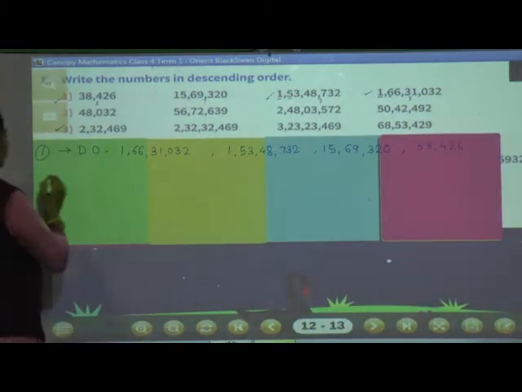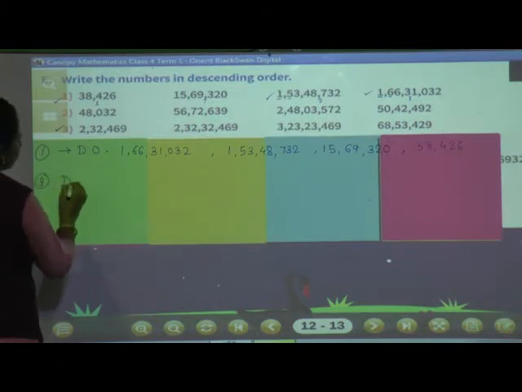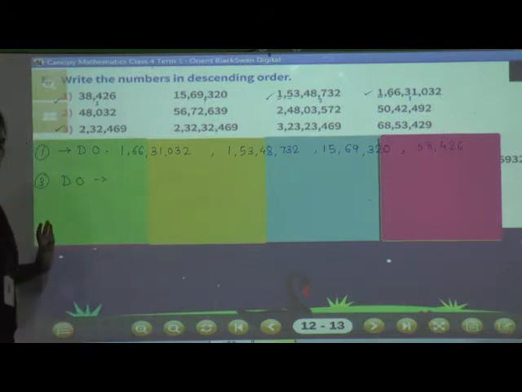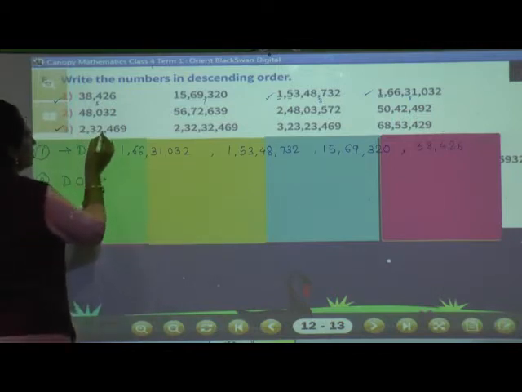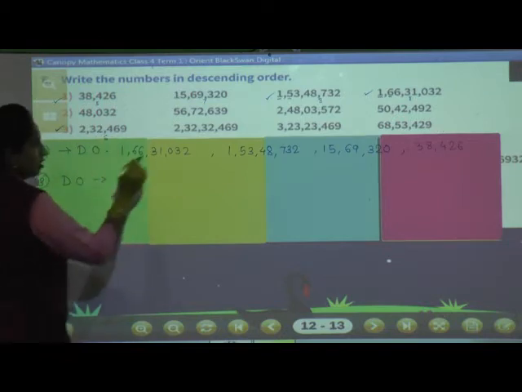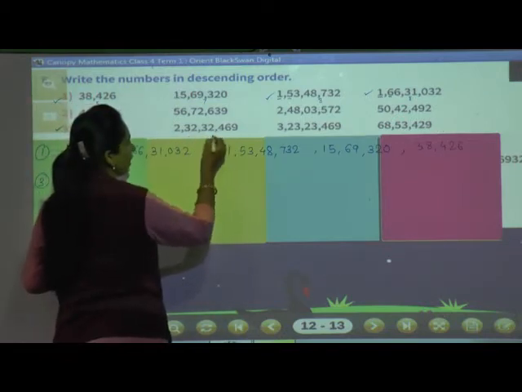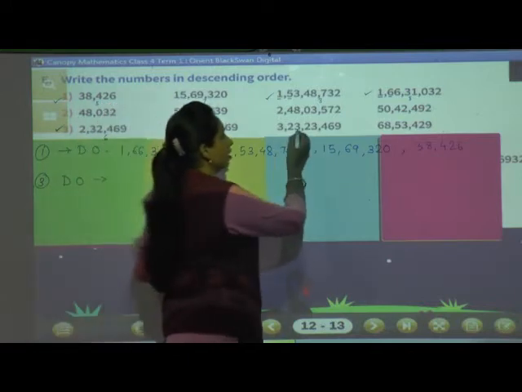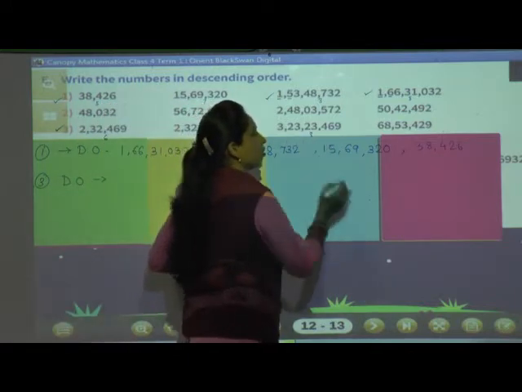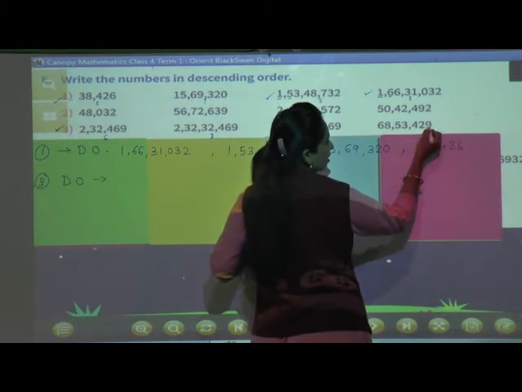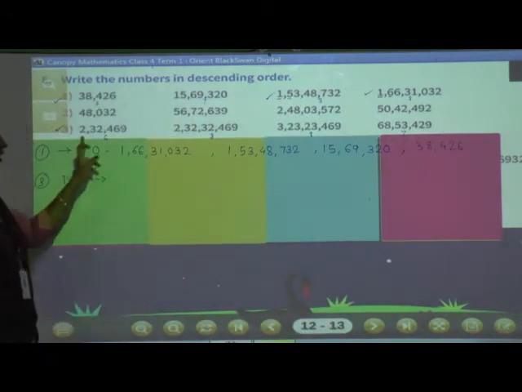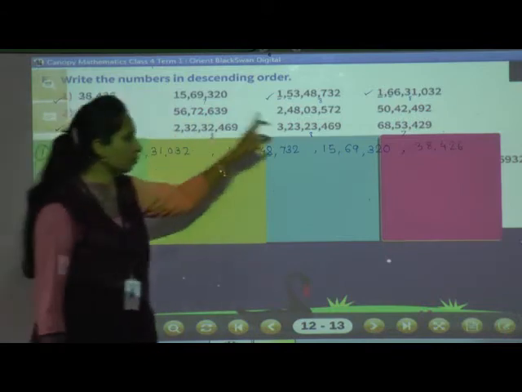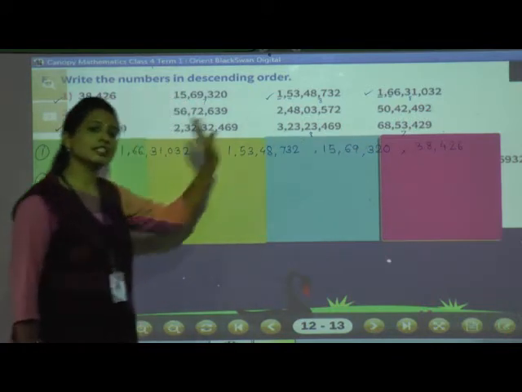We will solve the third one, descending order. First, what is the first trick? First we have to write how many digits the numbers have. See, 3, 6, this is a 6 digit number; 3, 6, 7, 8, this is an 8 digit number; 3, 6, 7, 8, this is also 8 digit; 2, 4, 6, 7, this is a 7 digit number. Here we have 1 6 digit, 2 8 digit and 1 7 digit.